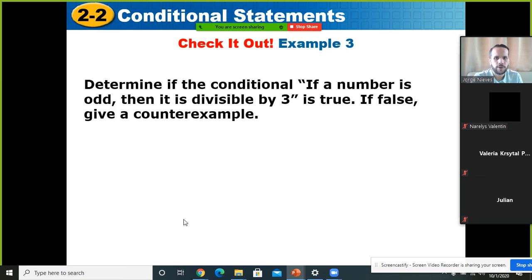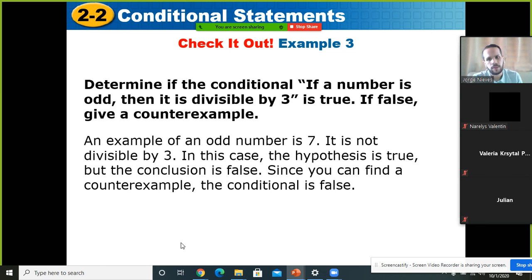Let's do one more. Determine if the conditional is true or false. If a number is odd, then it's divisible by 3. Okay? Vamos a verlo. Another number that we can have is 7. So it is not divisible by 3. ¿Por qué el 7 no se puede dividir por 3? If you divide 7 by 3, you're not going to have an exact answer, okay? Si usted hace eso en su calculadora o en la forma tradicional,